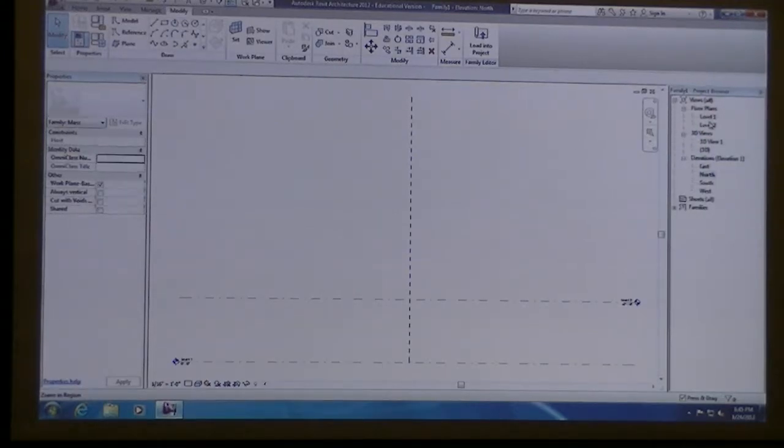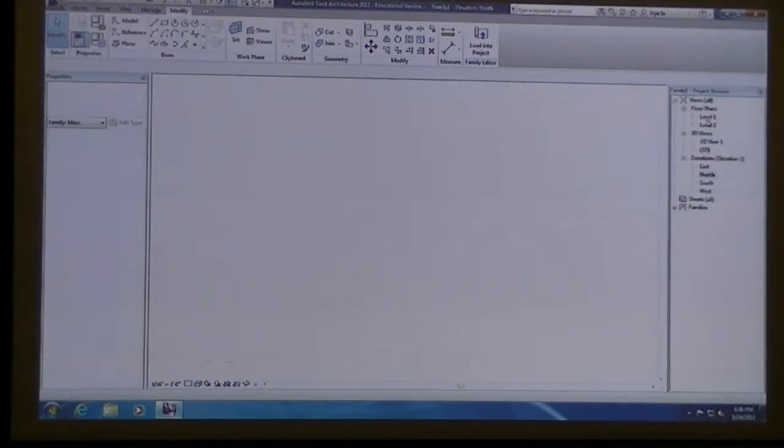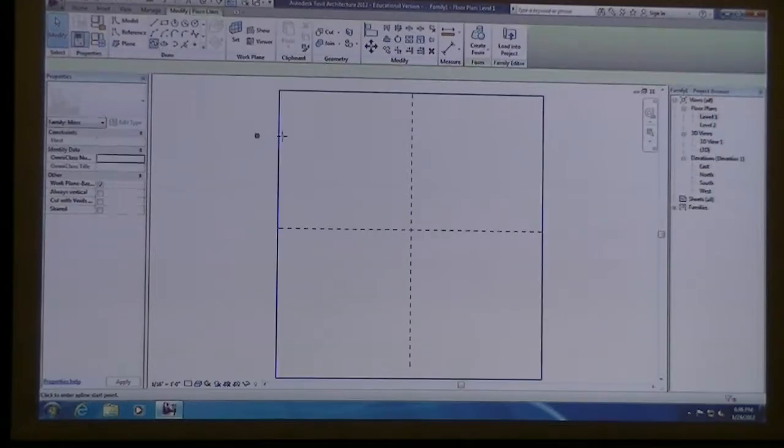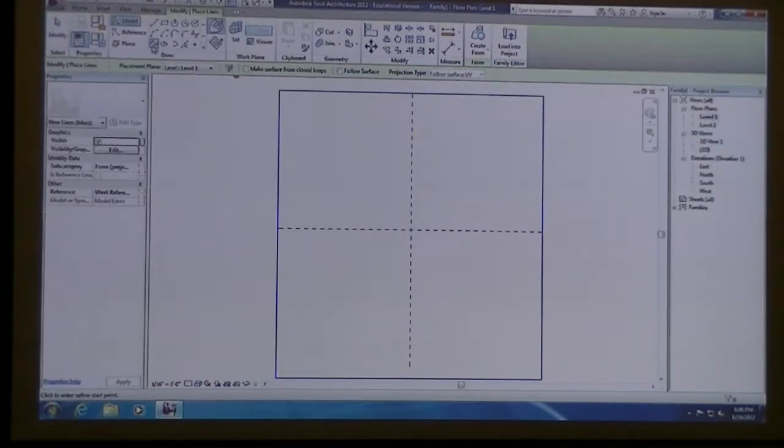This gives you the ability to draw on the level 1 plane or the level 2 plane by drawing in the floor plan views. What I'm going to do is in level 1, if I double click on it, I switch to the floor plan view. I'm going to just draw 2 splines again, the same command over here, spline through points.